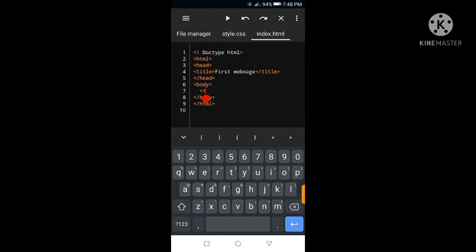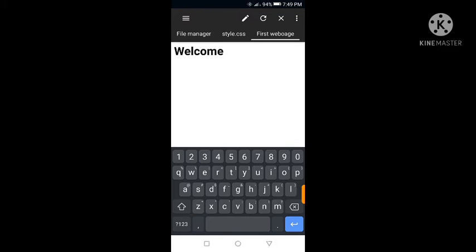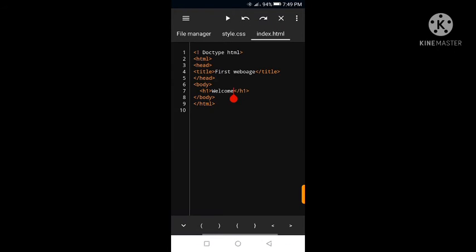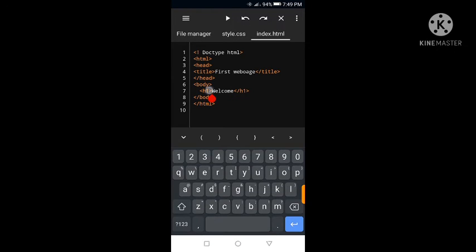H1, I'm going to show you everything step by step. H1, I'm going to put welcome. Let's run it again. It's now back at the left side. Now go inside the first tag, shift, now type style